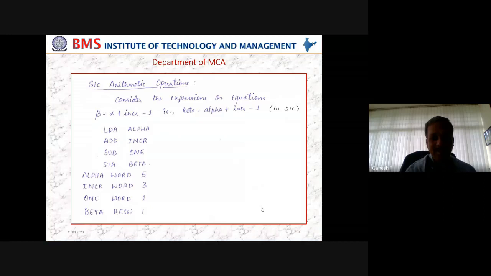So LDA, ADD, SUB, STA, WORD, they're all part of your programming language, which come under opcode or assembler directives. They should be in the second column. The first column is a label for you, because machine address we are not taking as of now. So I will not consider machine address as a column for you. But first column normally for you at this point of time is the label, followed by opcode, followed by operand. So be careful to write such type of syntax or maybe the format.